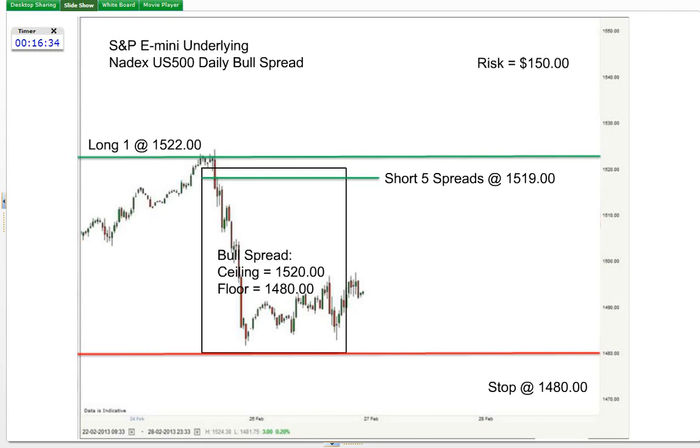If the market drops to 1519 or 1520, and I get out of both, that's my worst case scenario. I've lost 150 bucks. I've lost 3 points. If the market moves up, the protection of my spread stops at the ceiling of 1520. So let's say the market moves up, instead of dropping 20 points, moves up 20 points. So it moves from 1522 to